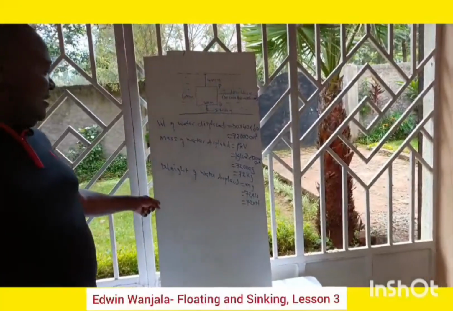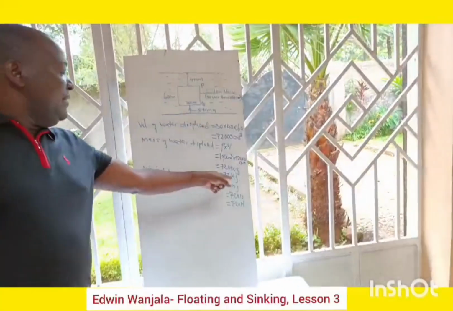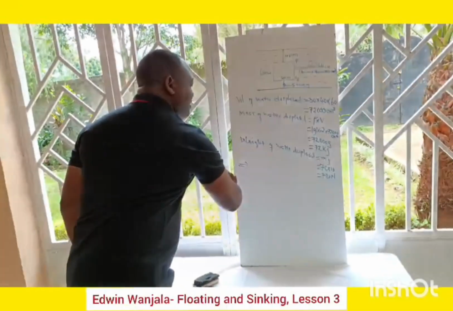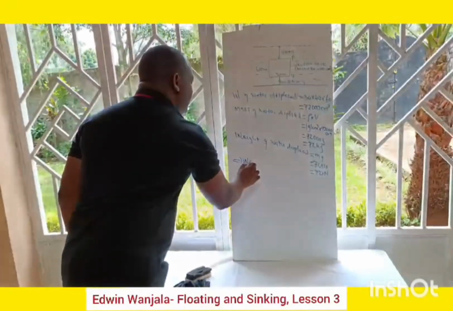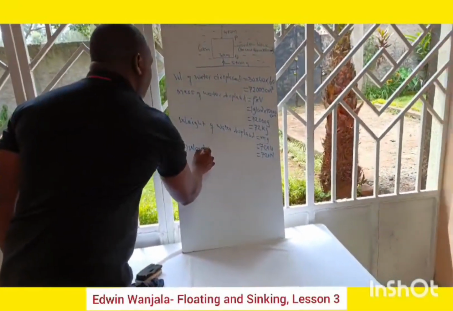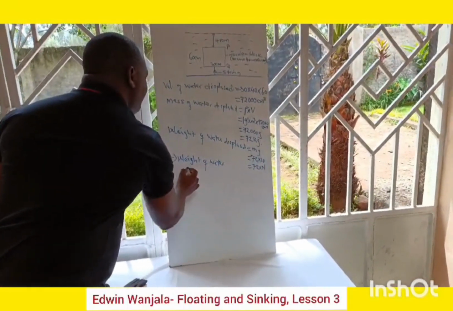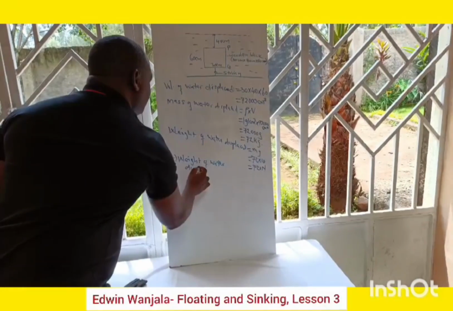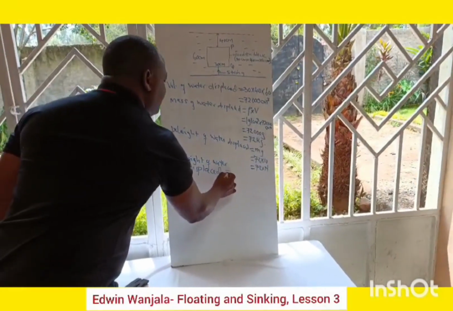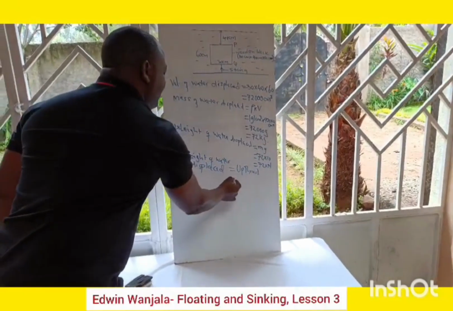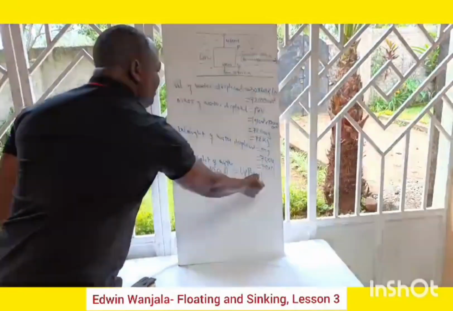Now, according to Archimedes, this weight of water displaced is equal to upthrust. So we imply that the weight of water displaced is equal to upthrust. And for us, the question is asking for the upthrust, so that means upthrust is equal